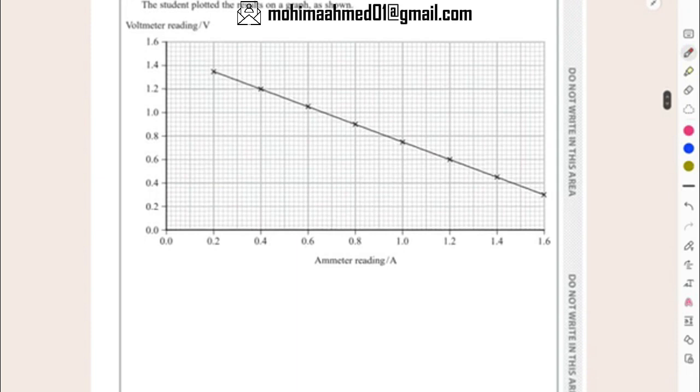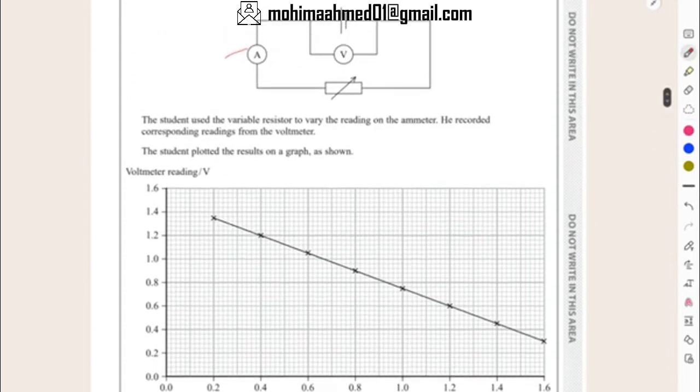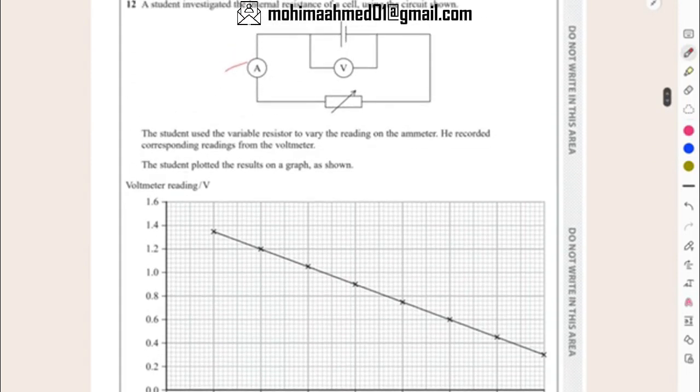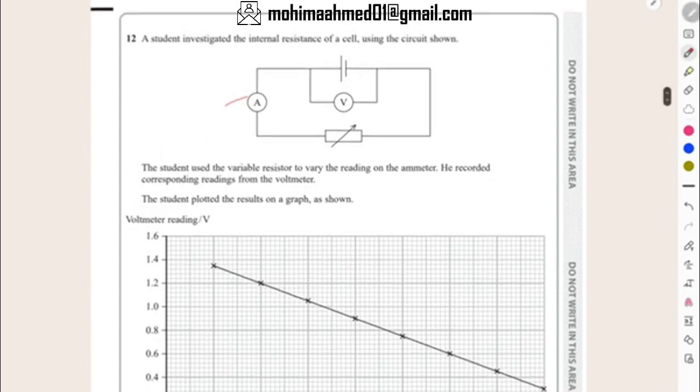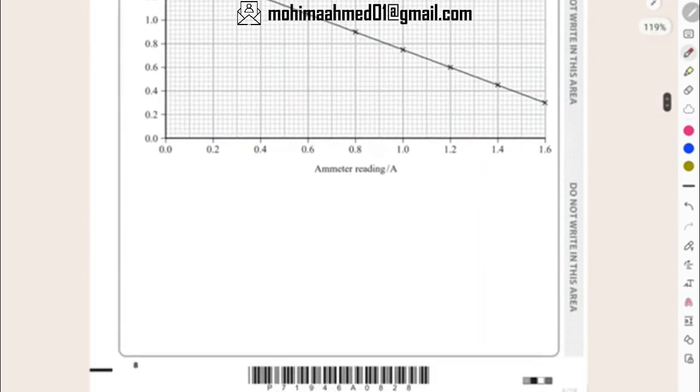So the voltmeter reading and ammeter reading are plotted. As you can see, the graph is a downsloping graph. And for this kind of situation, what I always remember is that this is the concept related to your internal resistance, right? Where you have this imaginary resistor with small r. This is the capital R, right? In that case, the equation that you are supposed to get is EMF equals V plus